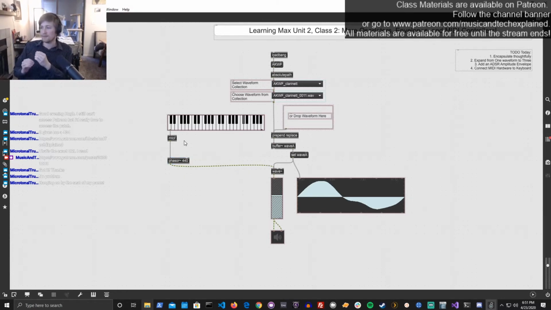So an envelope is sort of a catch-all term that refers to something that controls a parameter over the duration of an event. And in the case of synthesis, typically the event is a note. The note starts, and at some point the note stops. And so an envelope, in this case, will control some parameter over the duration of a note's lifetime. And we see envelopes that get used for all sorts of parameters. We can have it control like FM frequency. We can have it control filter sweep. But the most commonplace and the most often used place for an envelope is controlling the volume of a note